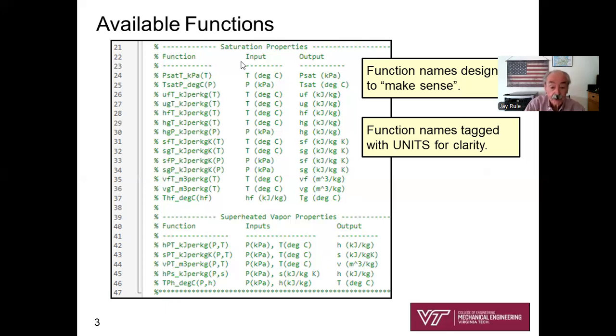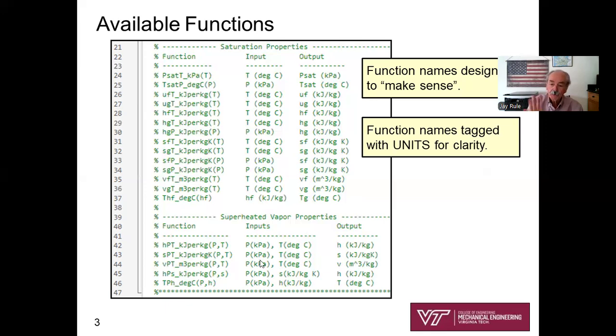So notice here, for our saturated properties, we've only got one input, and the input is either going to be temperature or pressure, and in one last case, H sub F. Okay, but one input variable and one output variable. Saturation, temperature, or pressure. Look at that: internal energy, enthalpy, entropy, specific volume, that type of thing. Okay, so that is the